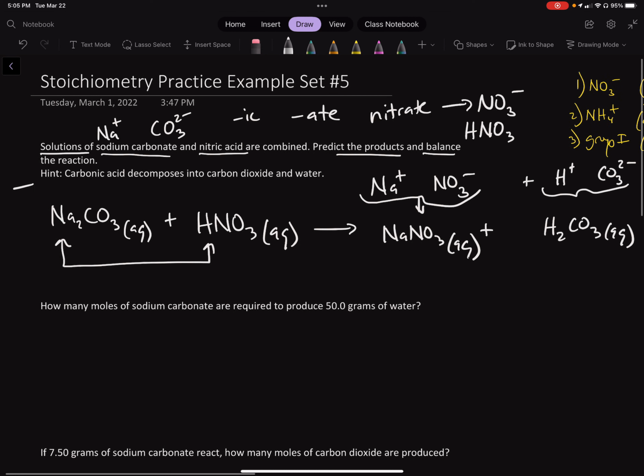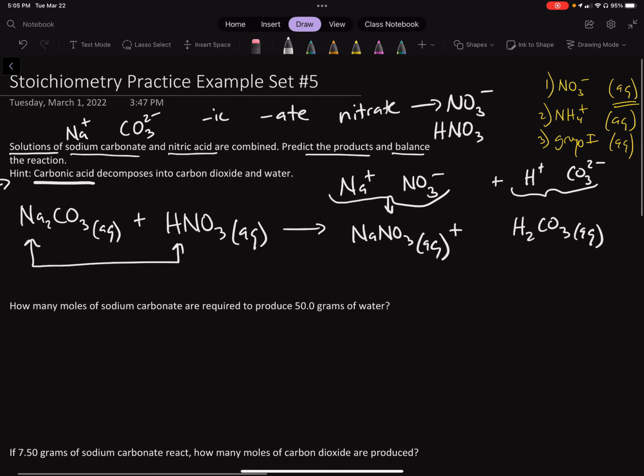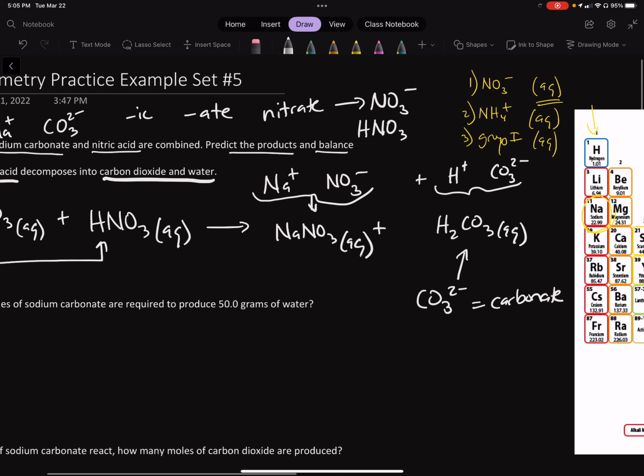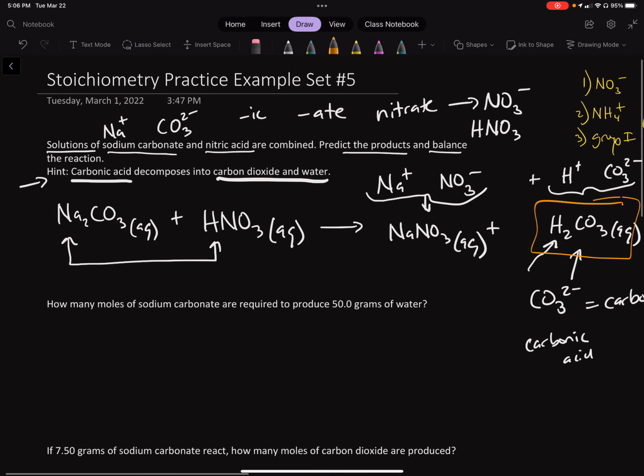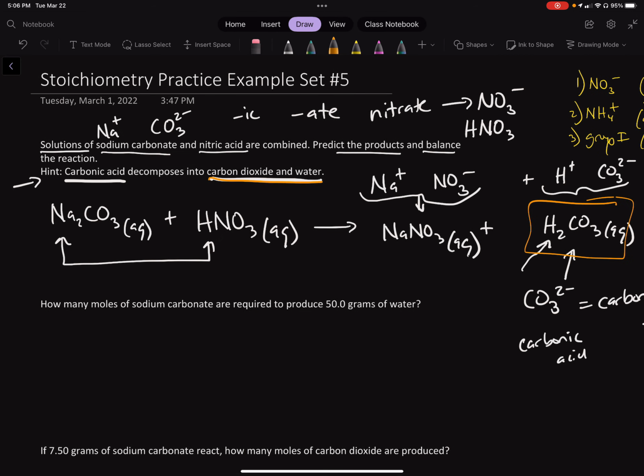Now, let's take a look at our hint. It said carbonic acid decomposes into carbon dioxide and water. This thing right here, that is carbonic acid. So CO3, the name of that is carbonate. And then if you turn it into an acid, which is essentially what we've done by putting those H's in front, the ate turns into ic. So the name for this would be carbonic acid. So our hint is telling us that this compound right here is going to actually decompose into carbon dioxide and water. So what that means is our final chemical reaction is more like